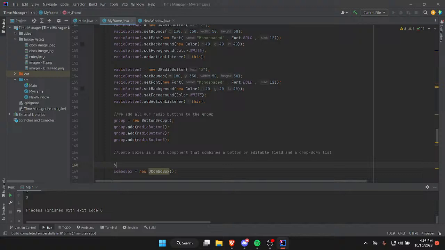So we'll create a string array called animals, and let's fill this array with some animal names. So let's say dog, and then cat, and then maybe bird. So with this array of animals, we can pass this into our constructor when we create our JComboBox, and then